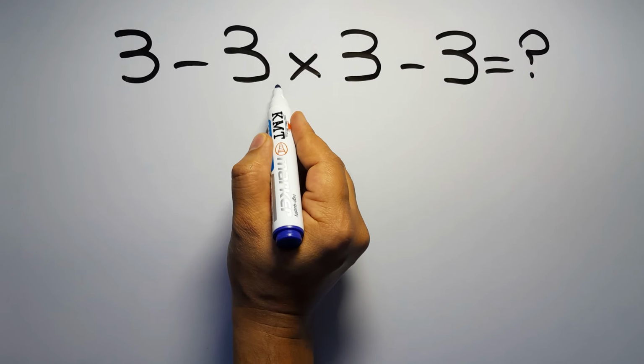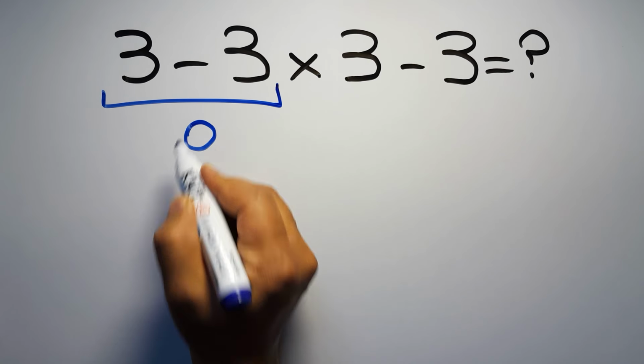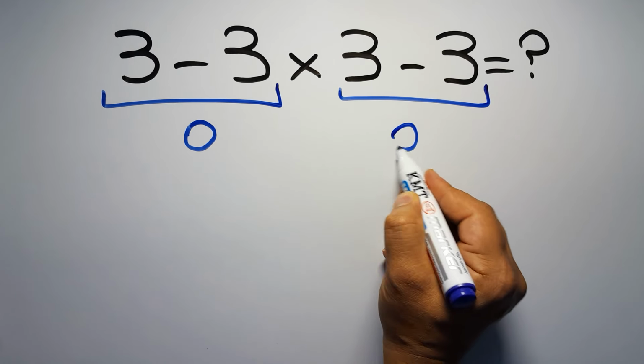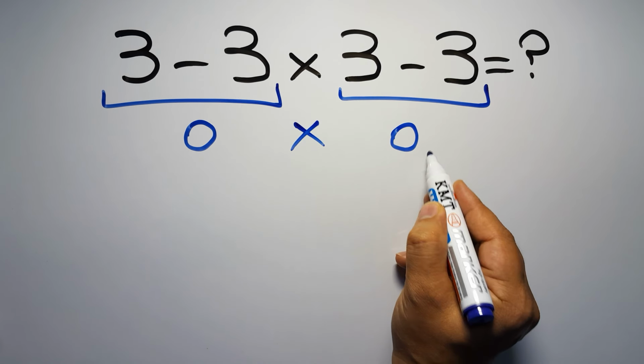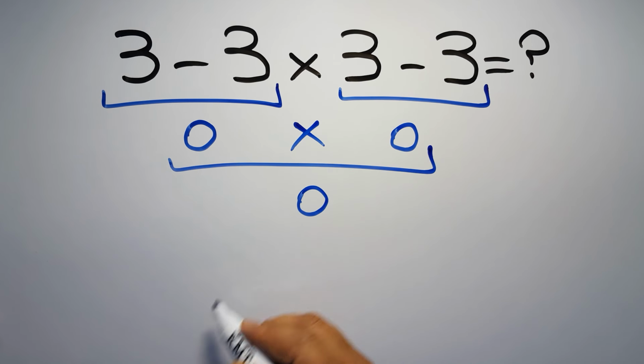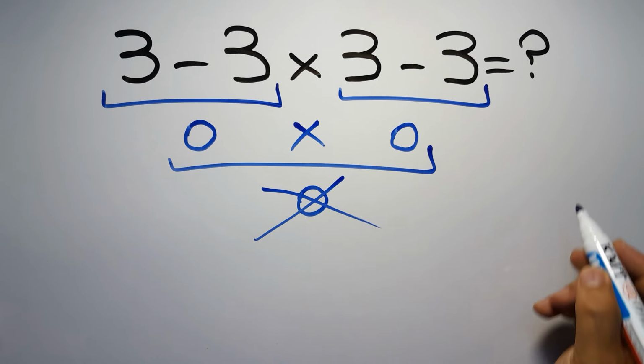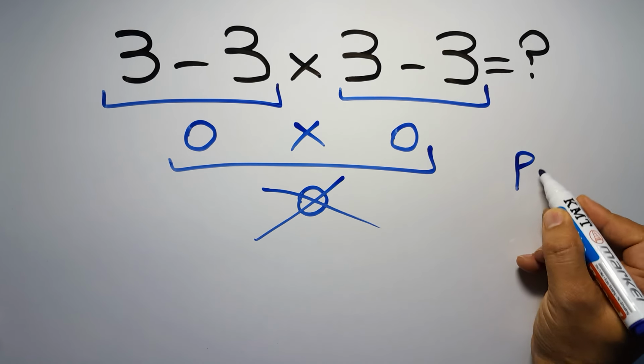3 minus 3 gives us 0. And again here we have 3 minus 3. So 0 times 0 is just 0. But this answer is not correct, because according to the order of operations, first we have to do parentheses, then